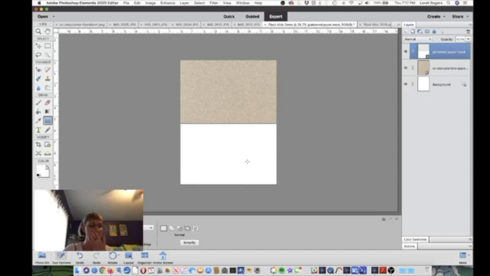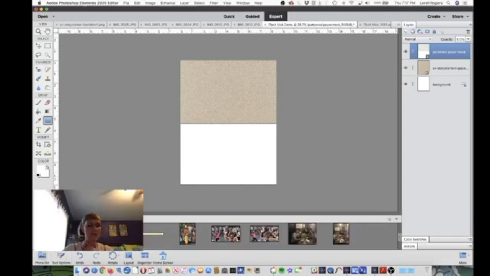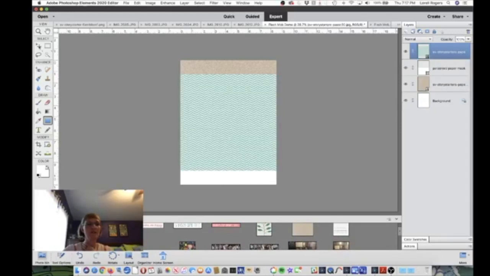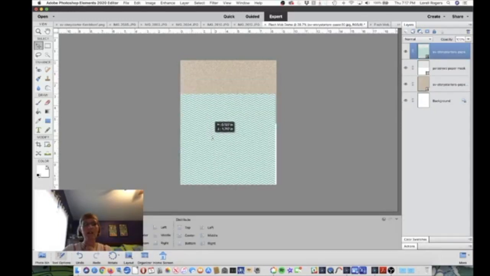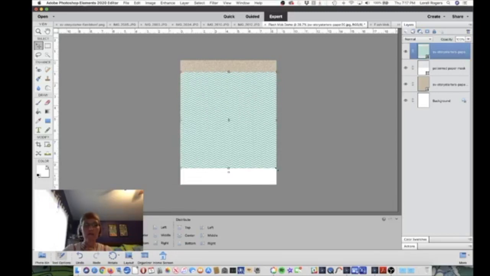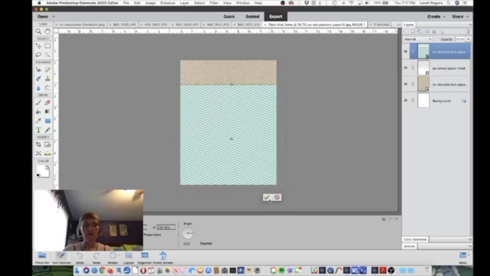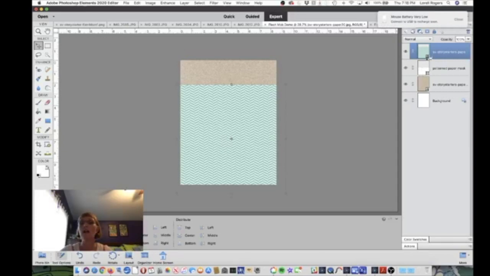Okay. I'm going to click on my photo bin again, and I'm going to pull this up. Now you can see it comes in big, and it's not fitting into that shape like I'd like it to. So I'm just going to make the paper a little larger so it will go to the edges of each page, and then I'm going to hit either my Option key if I'm on a Mac, or if you're on a PC, your Alt key, and you are going to hover it between the pattern paper layer and this layer right here,